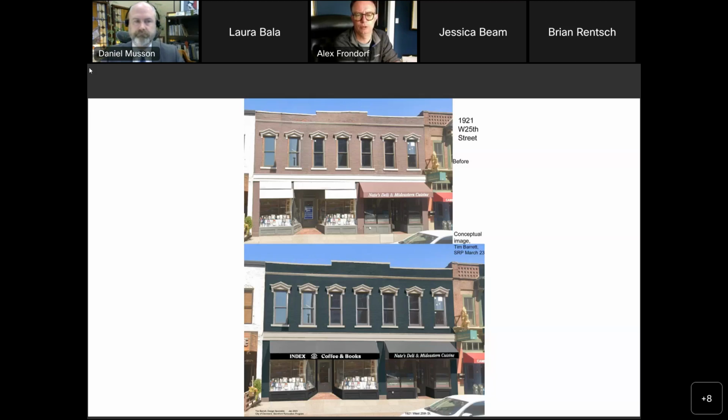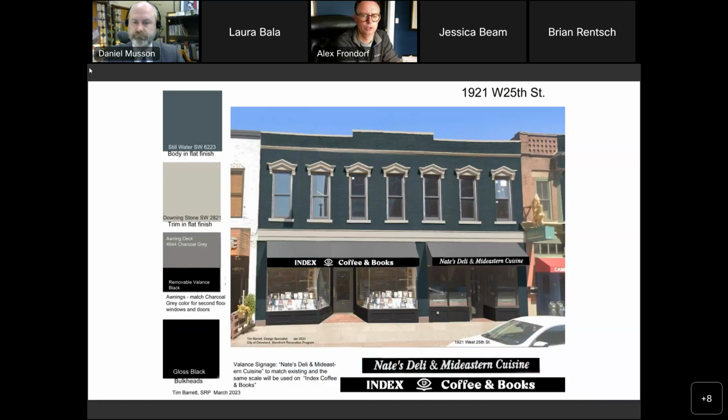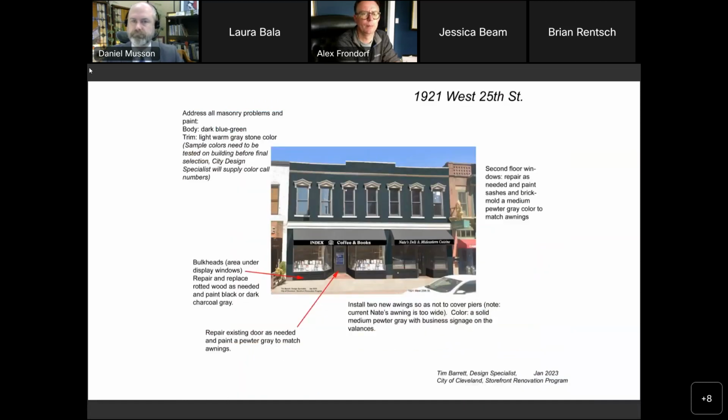And then a couple of slides ago, it said brick or masonry repair work. Can you specify what that entails? The masonry repair? Yes. So the most significant, I actually have the bid. If you wanted to switch to share the screen, I guess I could post that.